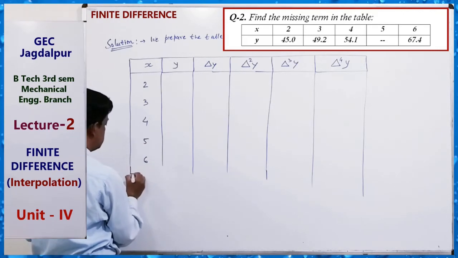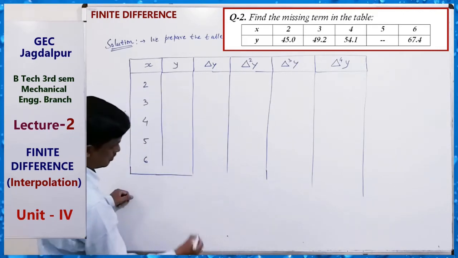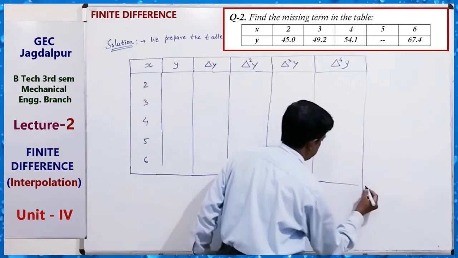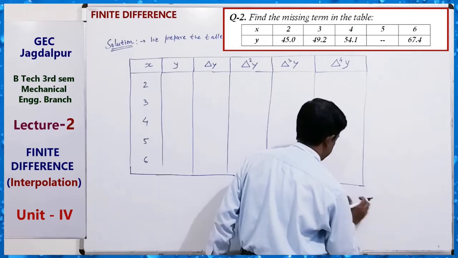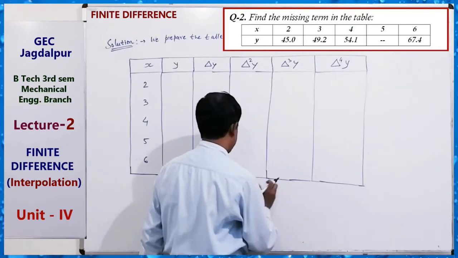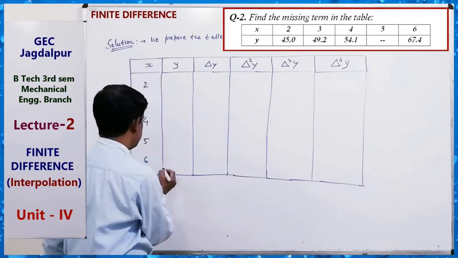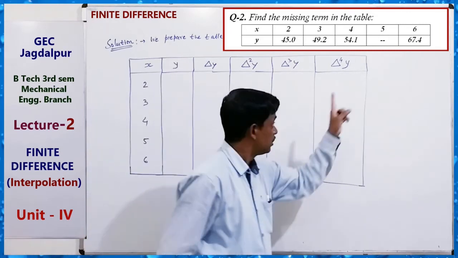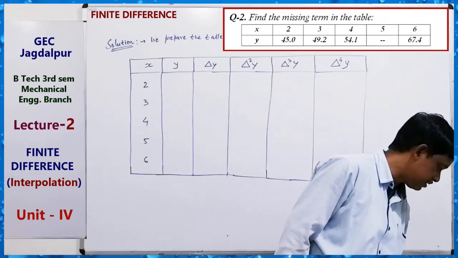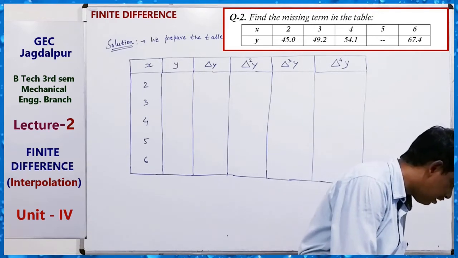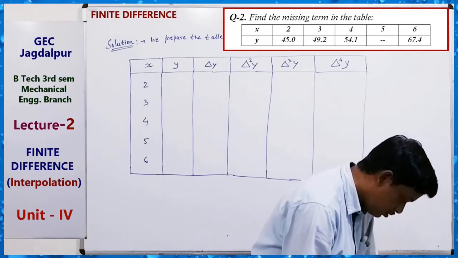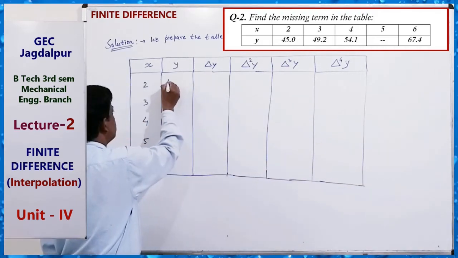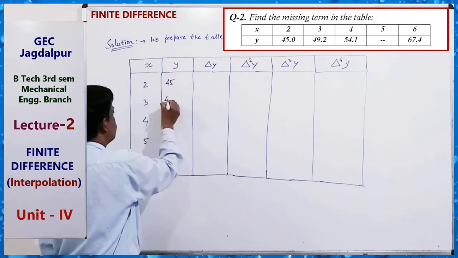So this is our table preparation. Given x values are 2, 3, 4, 5, 6. The y values given are 45, 49.2,